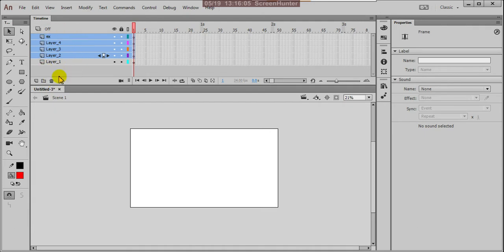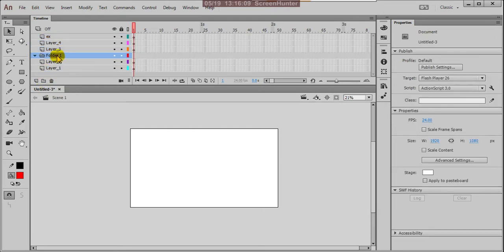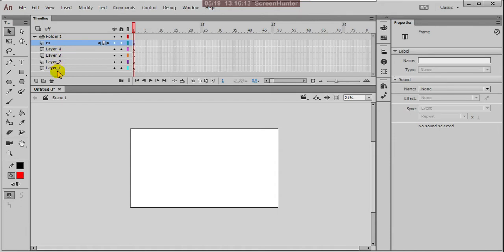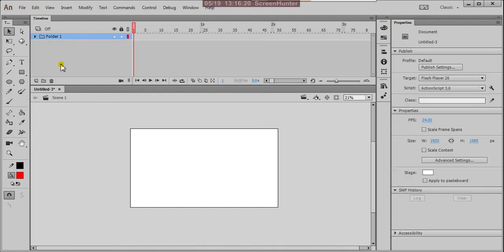Suppose here we have the new folder. You can create the folder, and drag all these layers into it by selecting with shift. Now see, all the layers are in one folder. The folder is like one bag, and inside the bag there are loose papers.